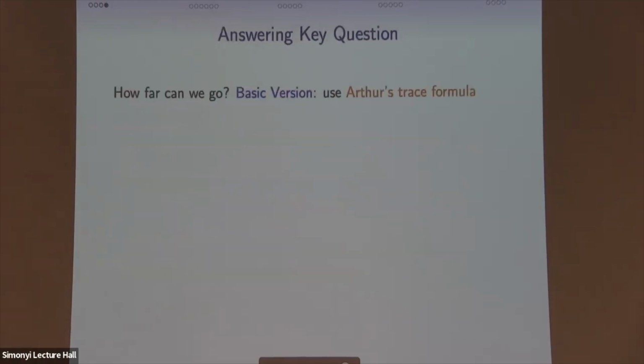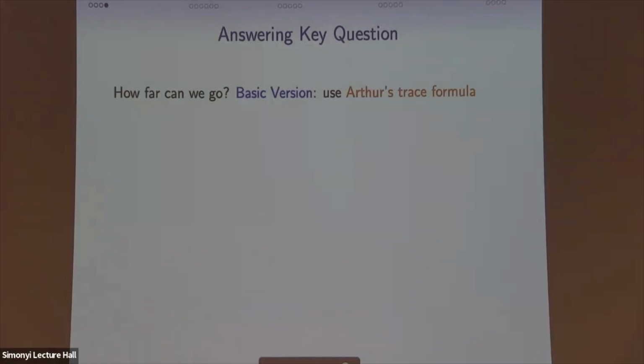So, right, now we can talk about answering this basic version of our key question. How far up this ladder can we go and still start computing statistics? And maybe I'll give a very quick overview of one of the tools you can use to try to do this. A very useful tool is Arthur's trace formula, which, very roughly, lets you